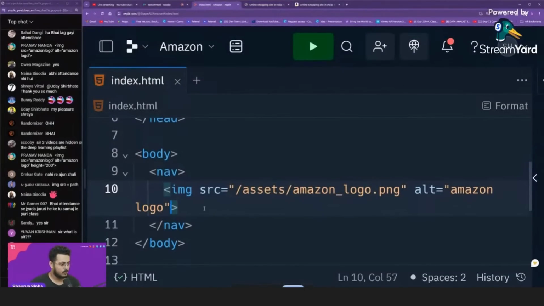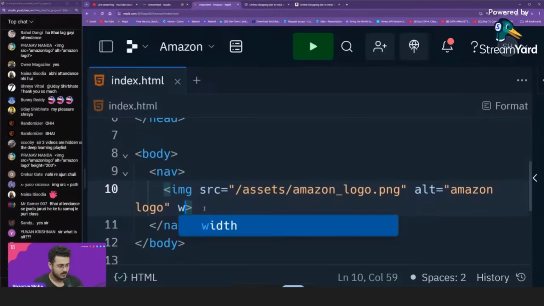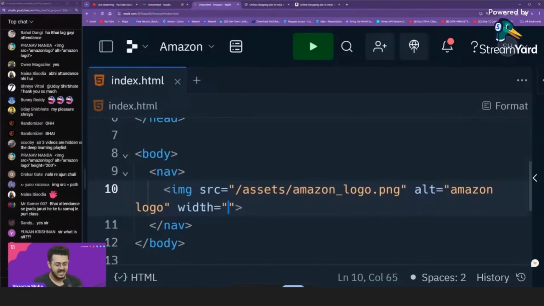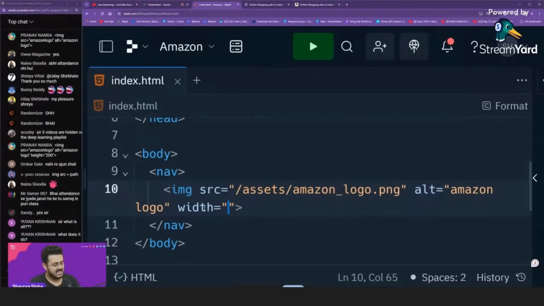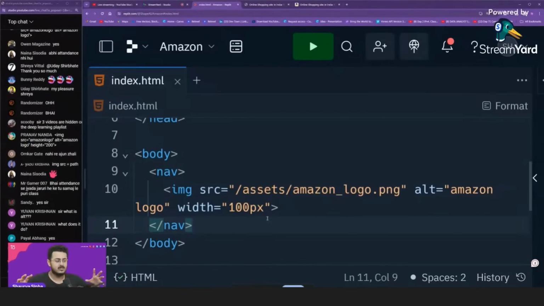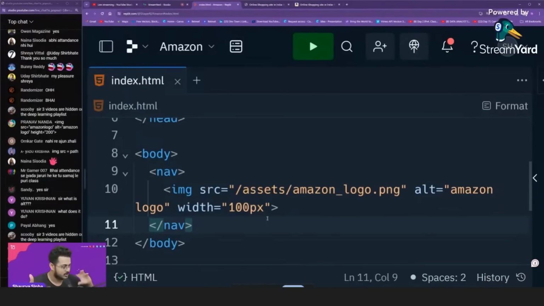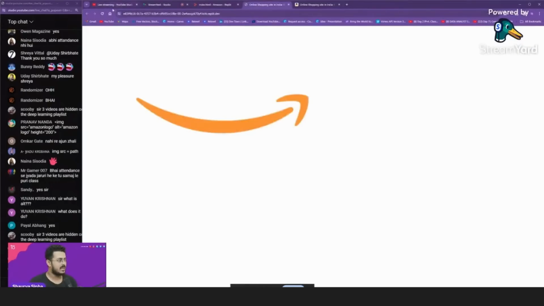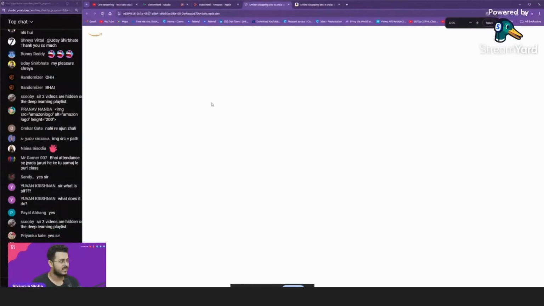So I will also provide it with another attribute called width. I'm going to set the width as 100 pixels, guys. The height will automatically adjust itself to make sure that the image is not distorted, just that the width will remain as 100 pixels. So if I go back to our website and refresh the page right over here,